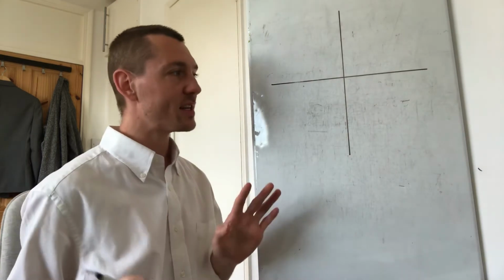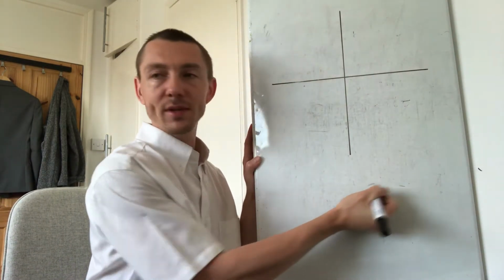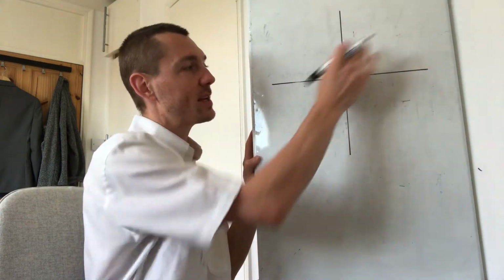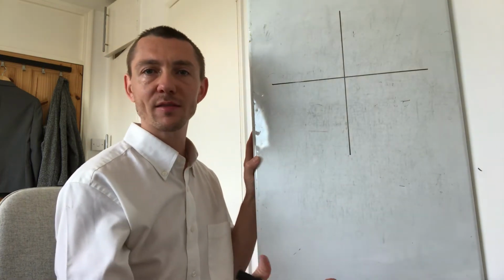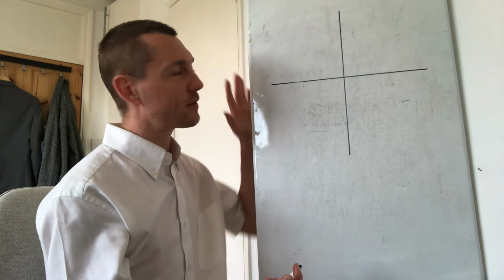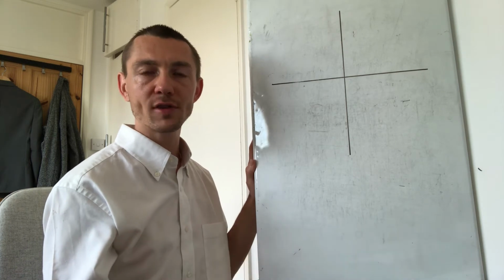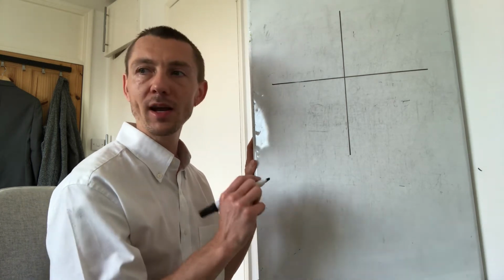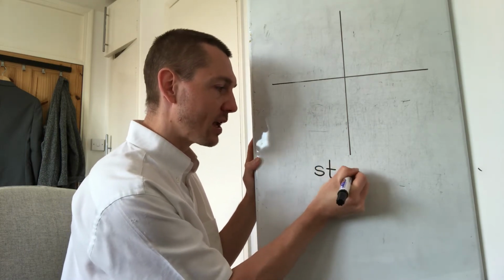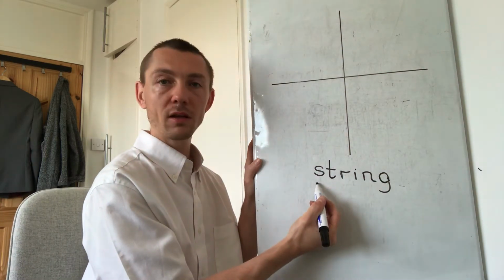Okay, good. So we're ready. So, similar kind of thing. I'm going to write different words with different spellings of the R sound, like we did yesterday, and you're going to sort them into that table according to their spellings of the R sound. So that's the spelling that we're looking out for now. So we've spotted our 4 different spellings of the G sound, and now we're working on different spellings of the R sound. See what we can remember. Okay, the first one I want you to read and sort is the word